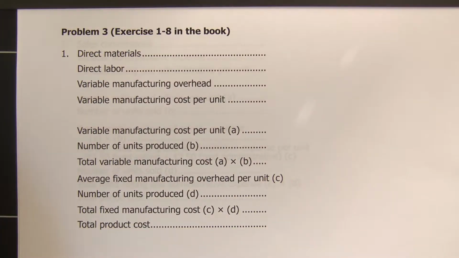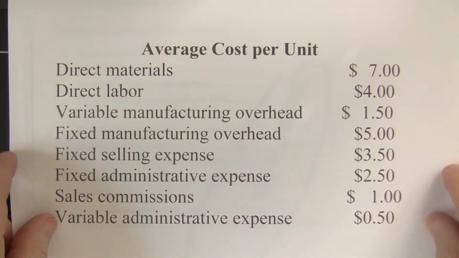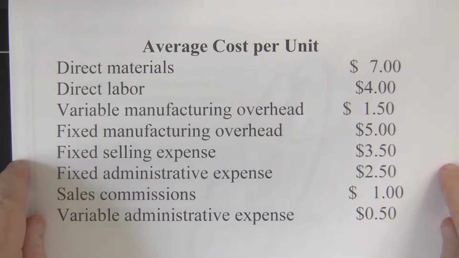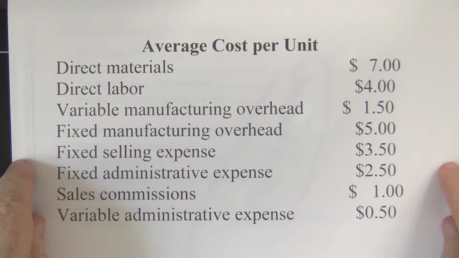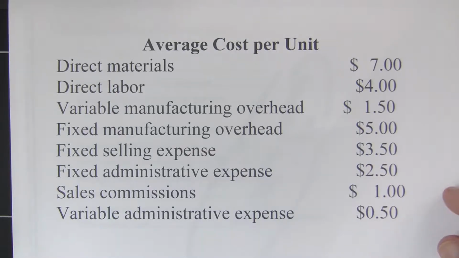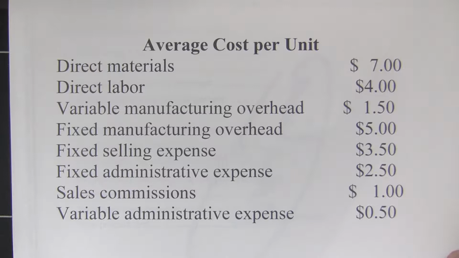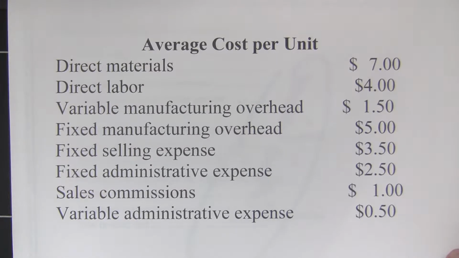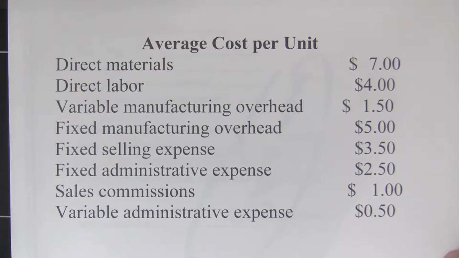Problem 3, parts 1, 2, 3, and 4. It refers us back to this cost information from problem exercise 1-7 in your textbook. And this was the information we used for the last problem, which we called problem 2, which is in your homework. So everything is the same, and now it's asking us to distinguish between product cost and period costs for